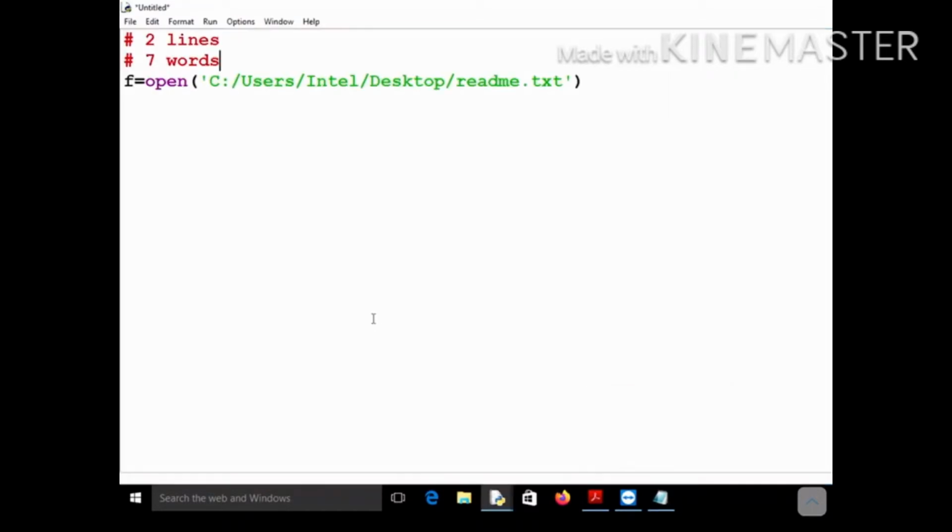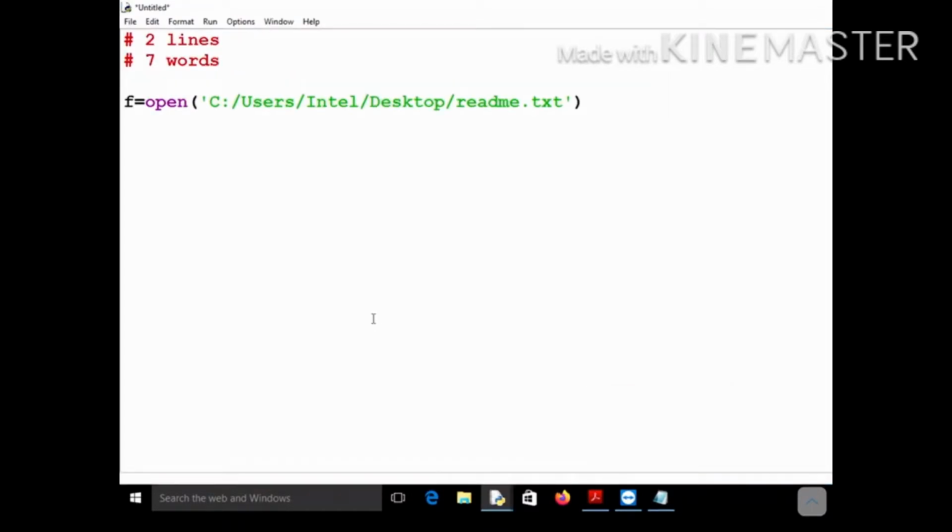So the second line has 11 characters, and the first line has 14 characters. Overall it will have 25 characters. So your program should give this as output: that the file has 2 lines, 7 words, and 25 characters. Okay, so let's see how you will do it.